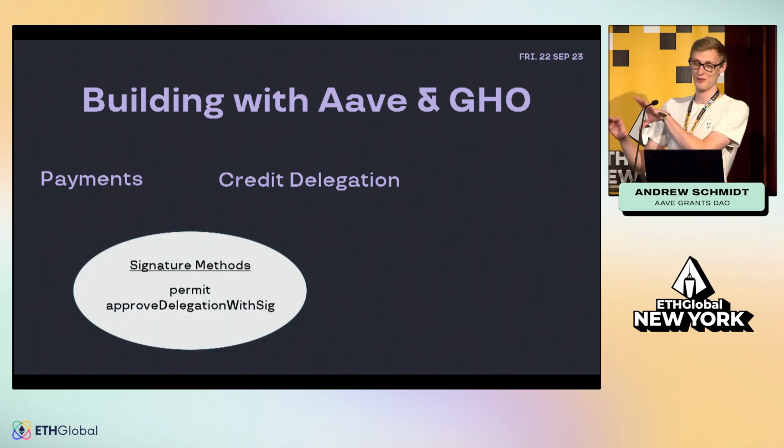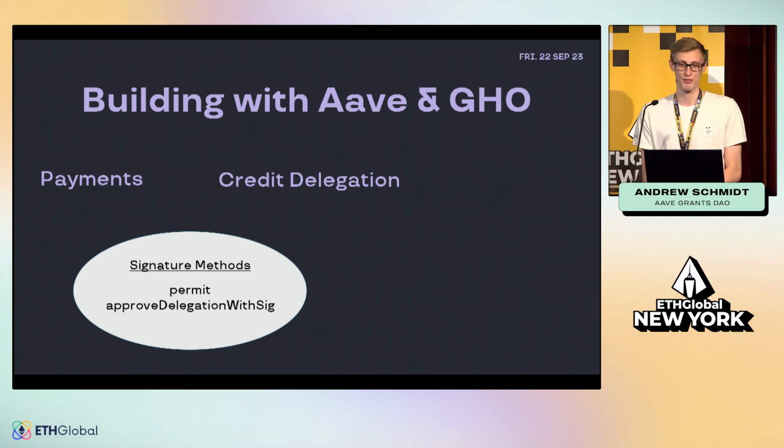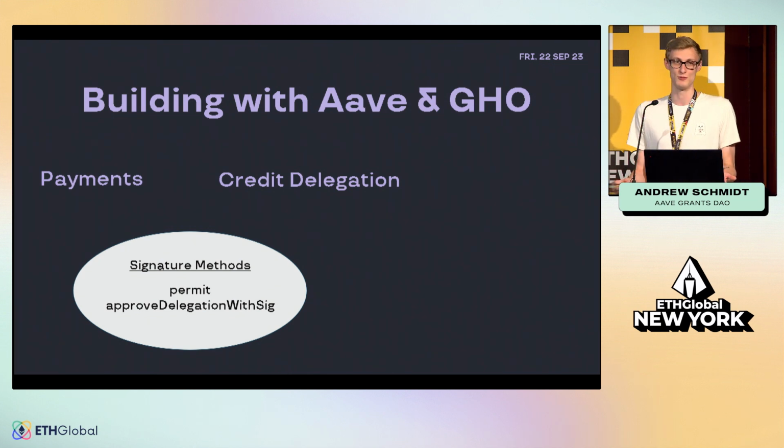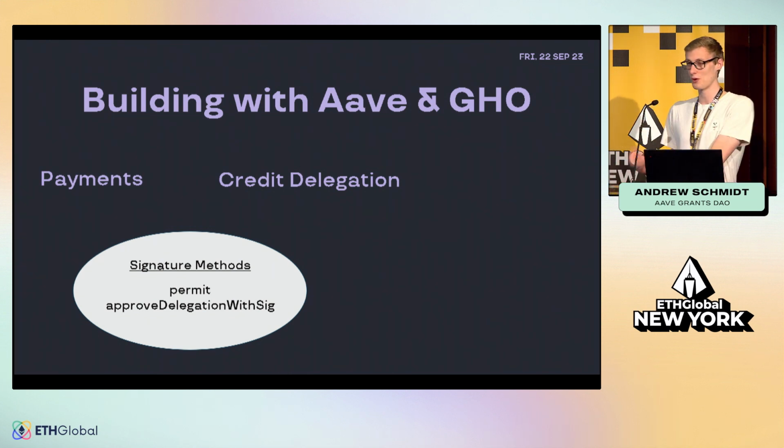And then a shared feature between these two, payments and credit delegation, things which Go enables and also the Aave protocol enables, are methods using signatures. So the ability to abstract gas costs away from an end user is extremely powerful when it comes to especially onboarding new users. If you're building a payment application, you really don't want to have to teach users how to create a wallet and how to fund the wallet with ETH and pay for these transaction gas costs and teach them all of the nuances.